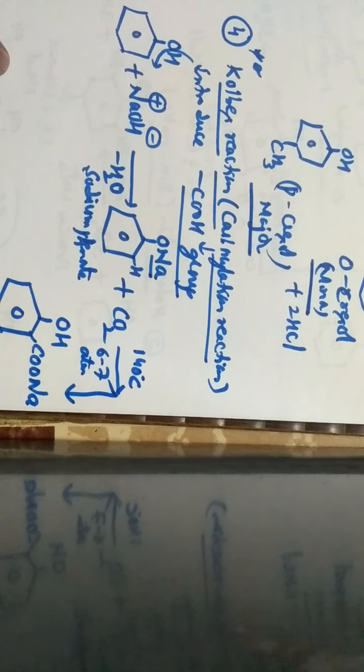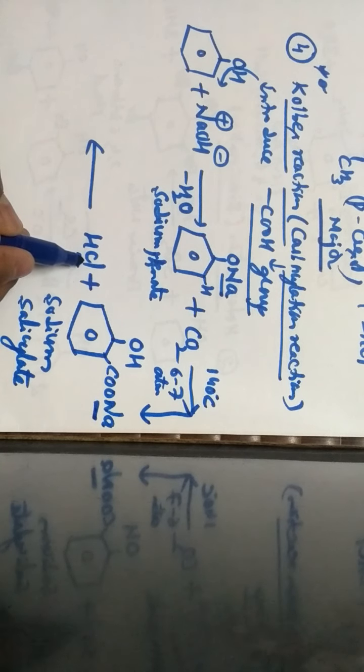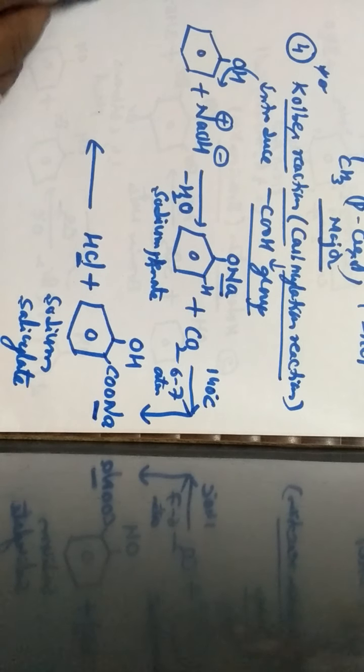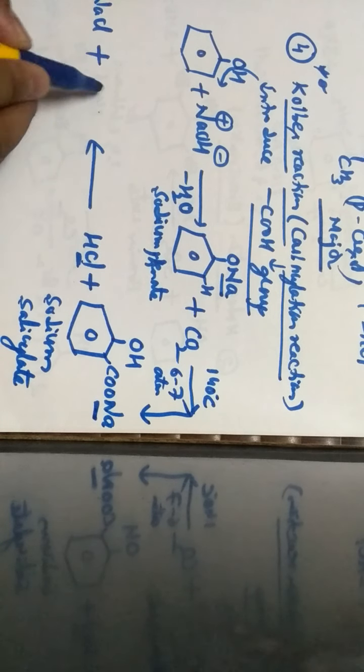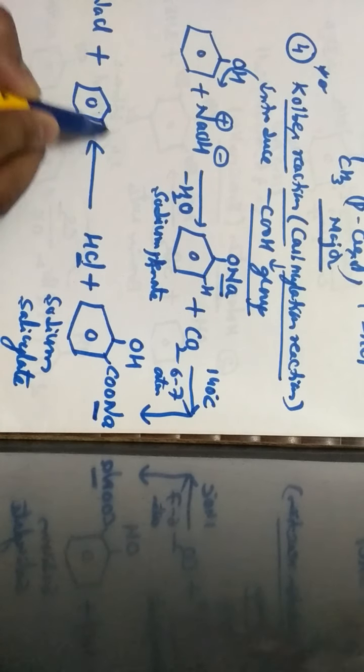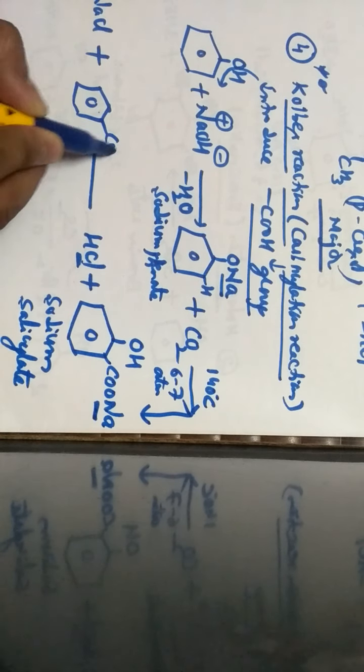So in this sodium salicylate, now I have to eliminate the sodium, so it is made to react with HCl. When it is made to react with HCl, since we know that chloro is a very good leaving group, this chloro will take away Na plus, so that Na and Cl get eliminated as NaCl. Along with this NaCl, you are going to get a product called salicylic acid.